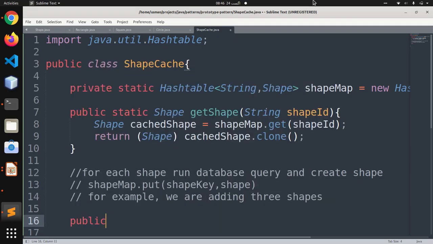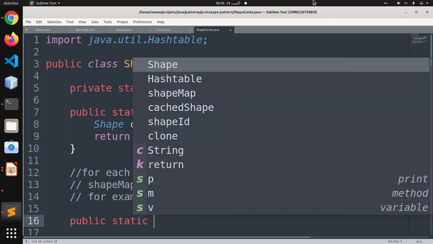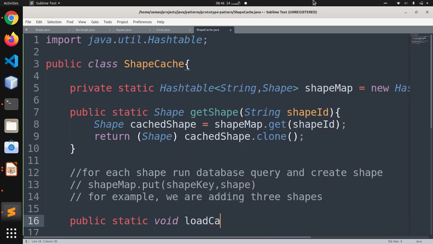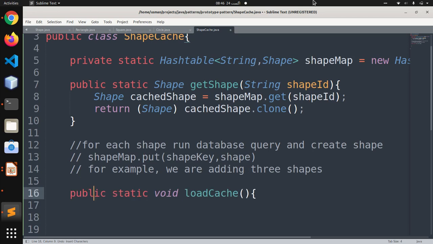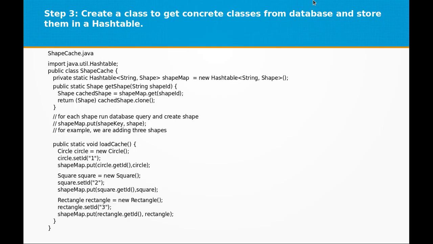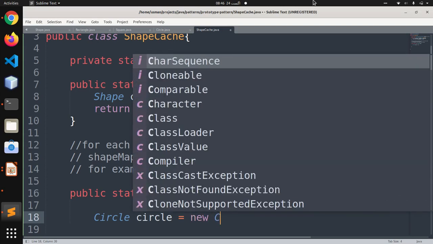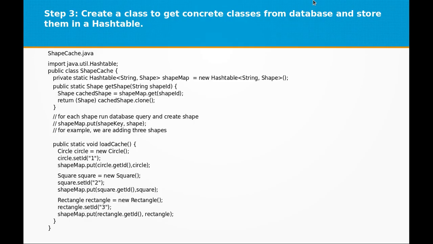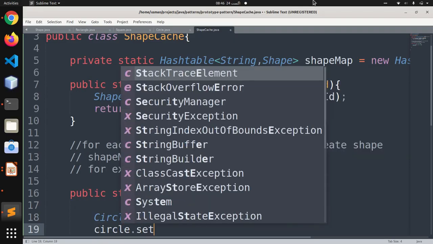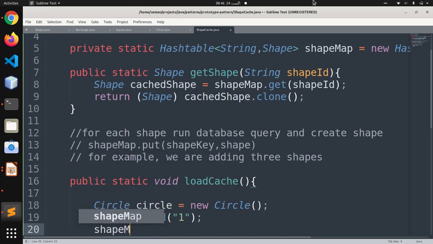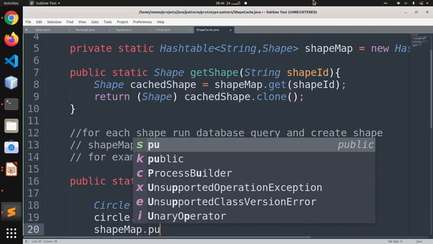Okay, so now we are going to define another static method, which is public static void loadCache function, and within this function we are going to create an object of our Circle class, new Circle, and we are going to set the id of that circle object to 1, and we are going to add this into our shapeMap hash table.